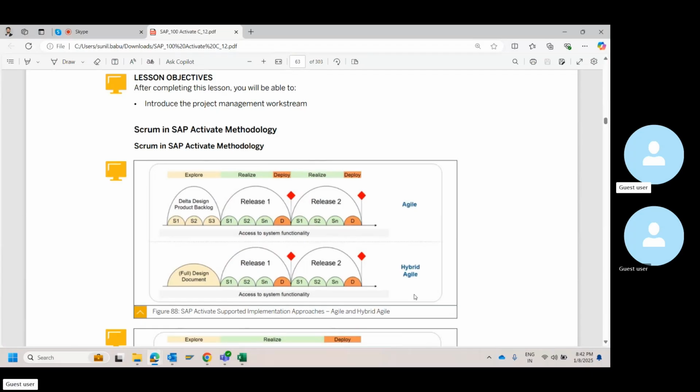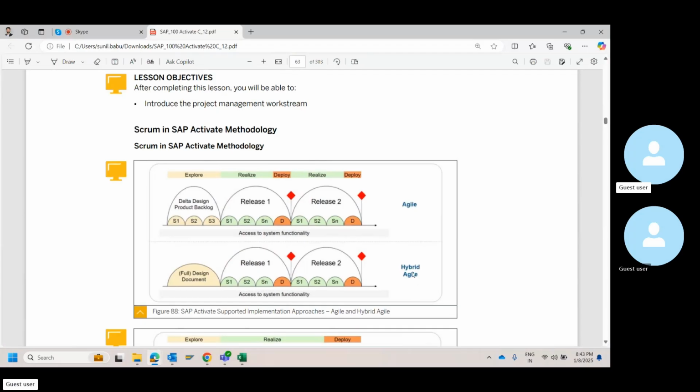Scrum is just a subset of Agile. So Agile is what was adopted to bring up the concept of Activate within SAP. SAP works a different way, right? So that's why they have built their own methodology in the SAP world, which is called Activate. However, the foundation is going to be Agile only.